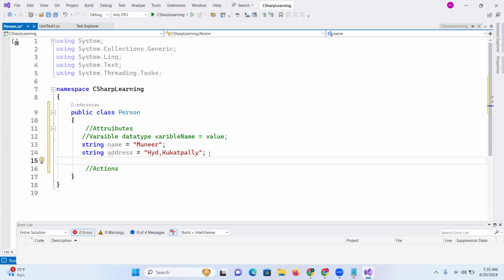Anything you want to store, where are you going to store it? In variables. Clear? So what is the variable syntax? Data type, variable name equal to value. Clear? So this time I want to store ID. int ID equals to